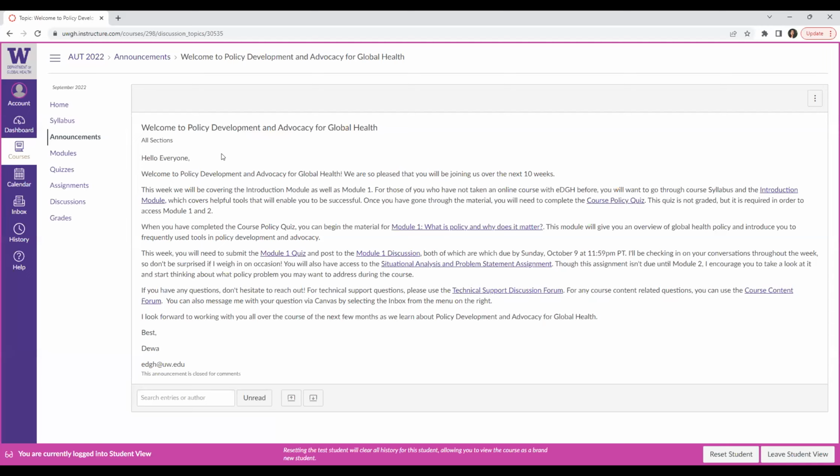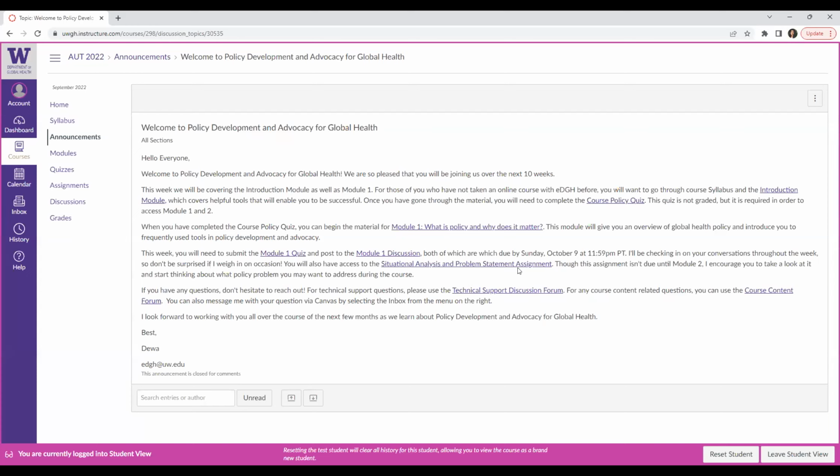It just gives you a general idea of what we'll be covering in the course that week. Any assignments that are due are linked here, as well as the due date. And then the module itself is linked, and any other important information that you might need. These will come to the email that you use to log into the course.